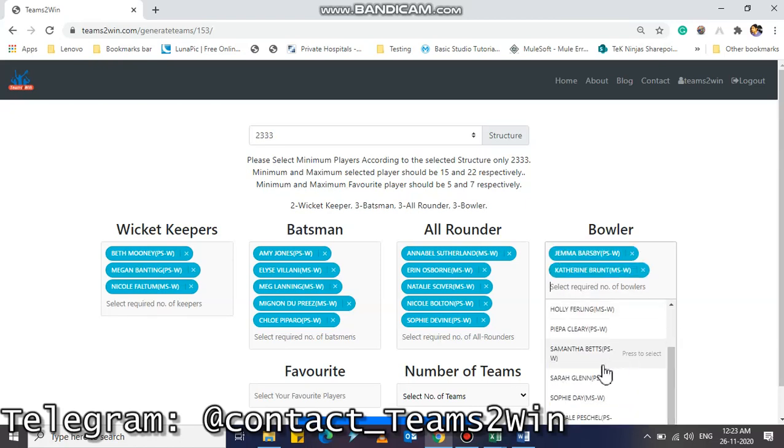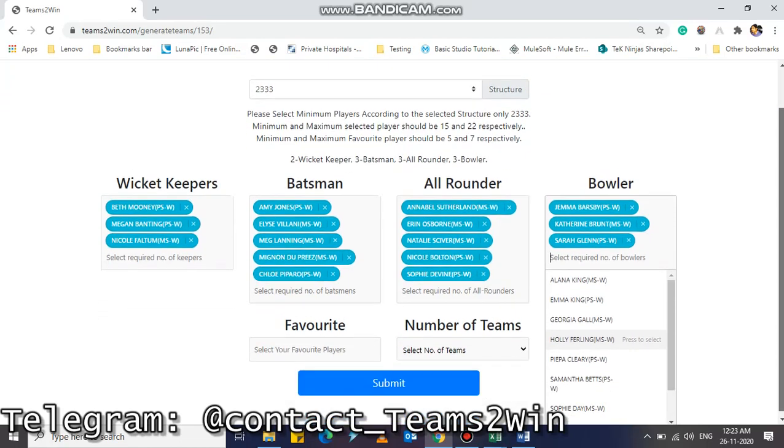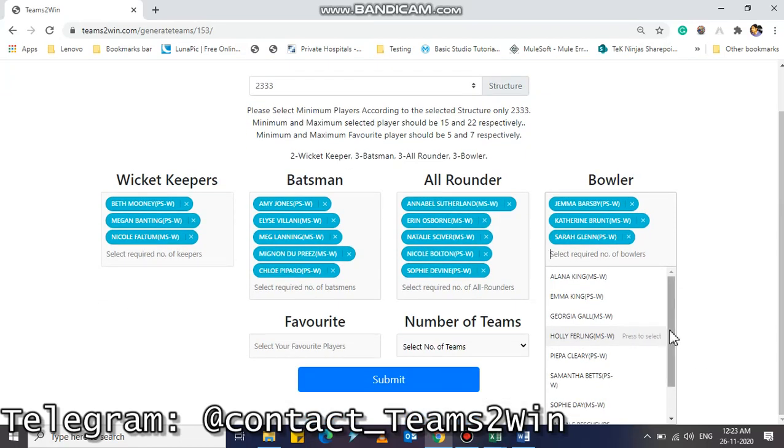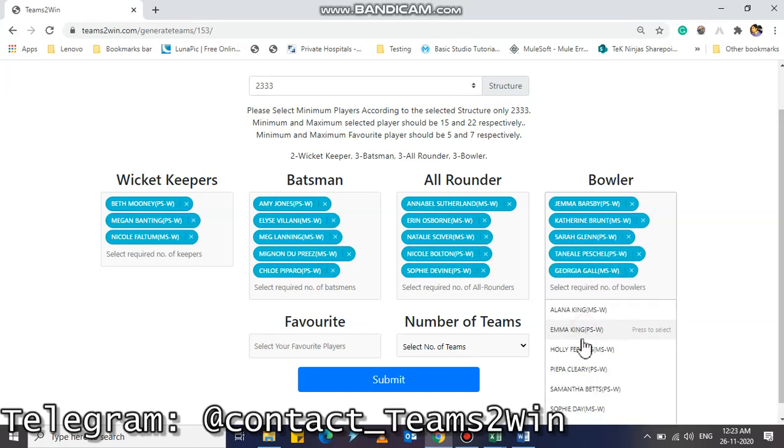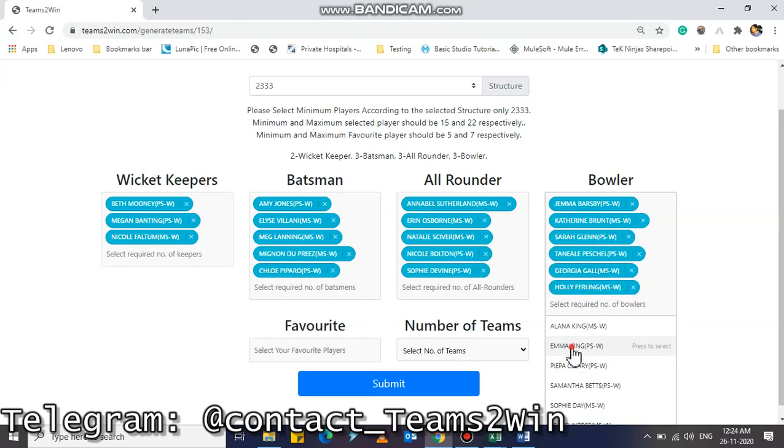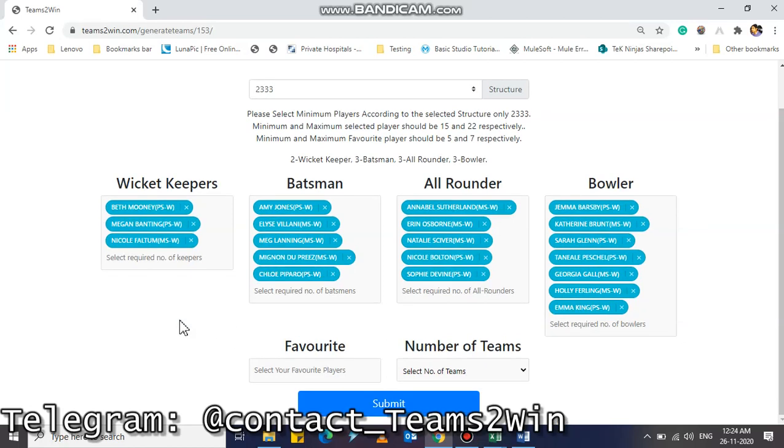Okay, likewise I will select a couple of players. It should be between minimum 15 and maximum 22. Got my point? So count it: 3, 6, 8, 10, 13, 15, 18, 20. In total I have selected 20 players.